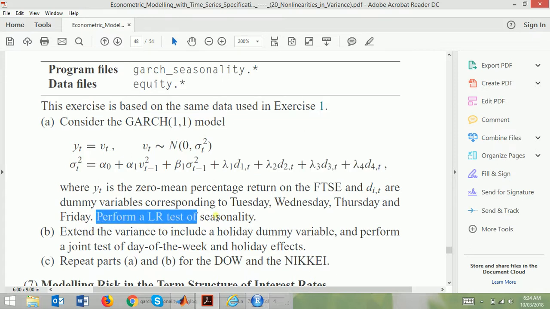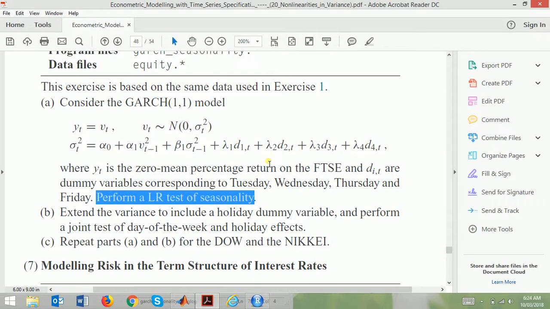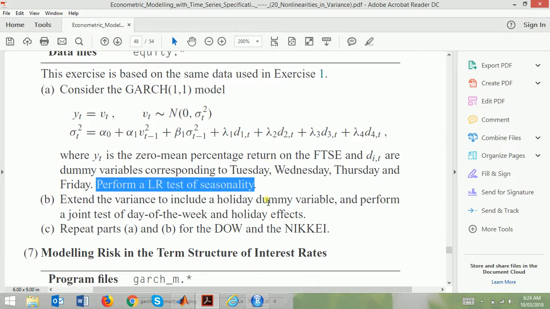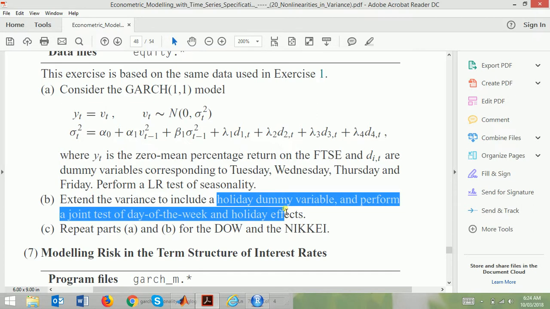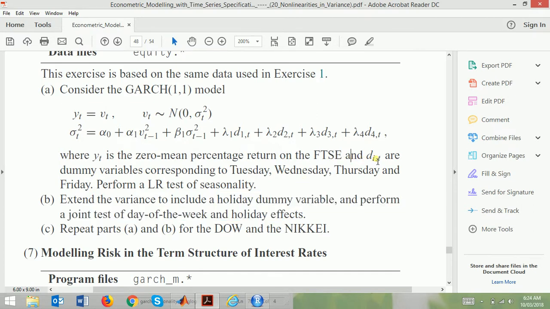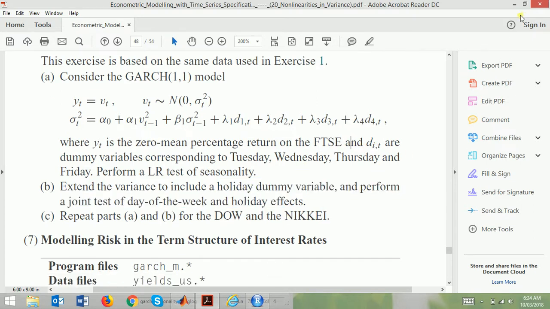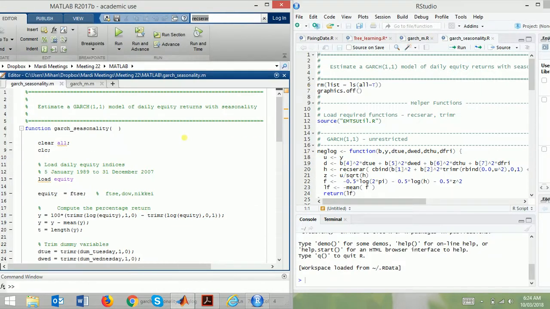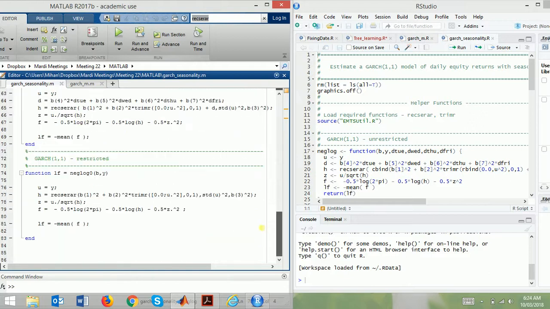We want to do an LR test for seasonality, a likelihood ratio test, to see if we have day-of-week effects in our data. And I want to include a holiday dummy variable and perform a joint test, and I want to do that for Dow and Nikkei. Okay, so obviously this is the equation that we need to remember, and we will start with passing our